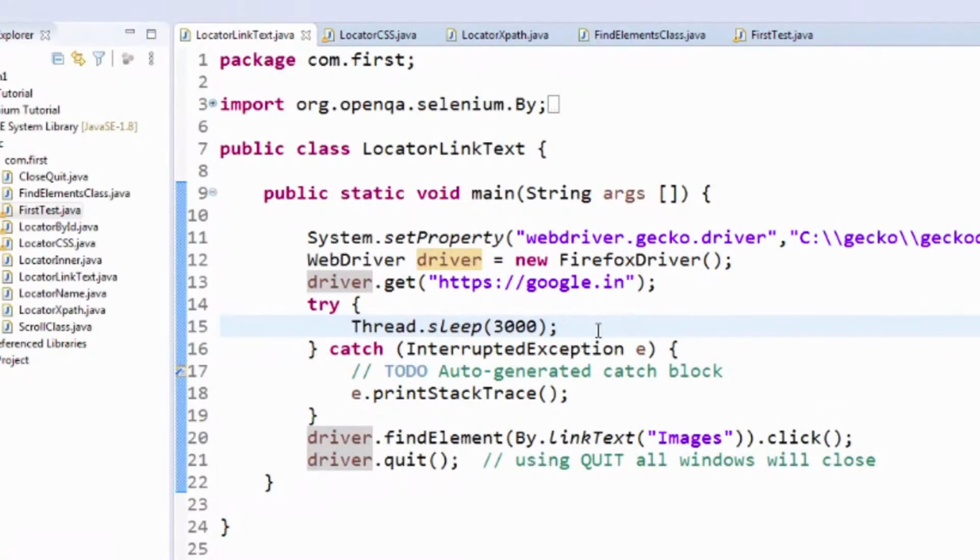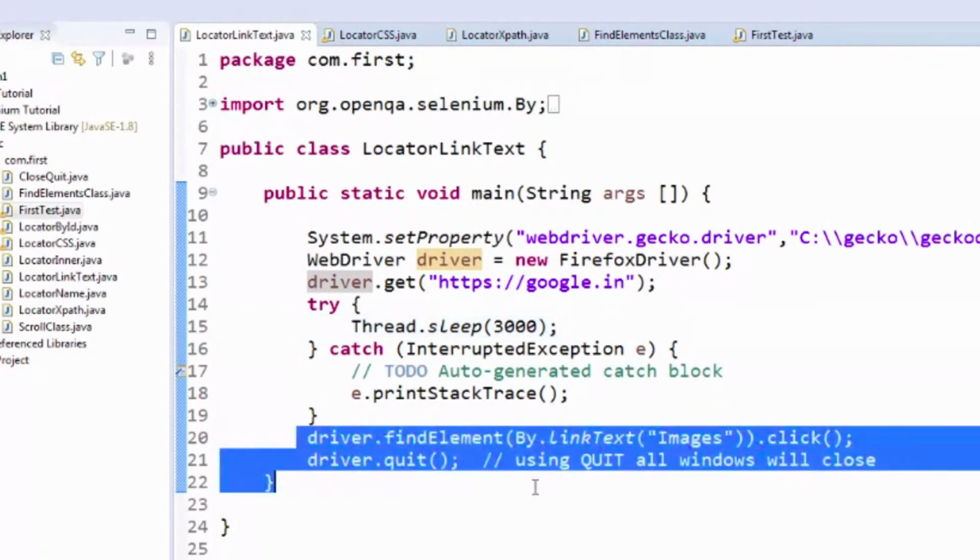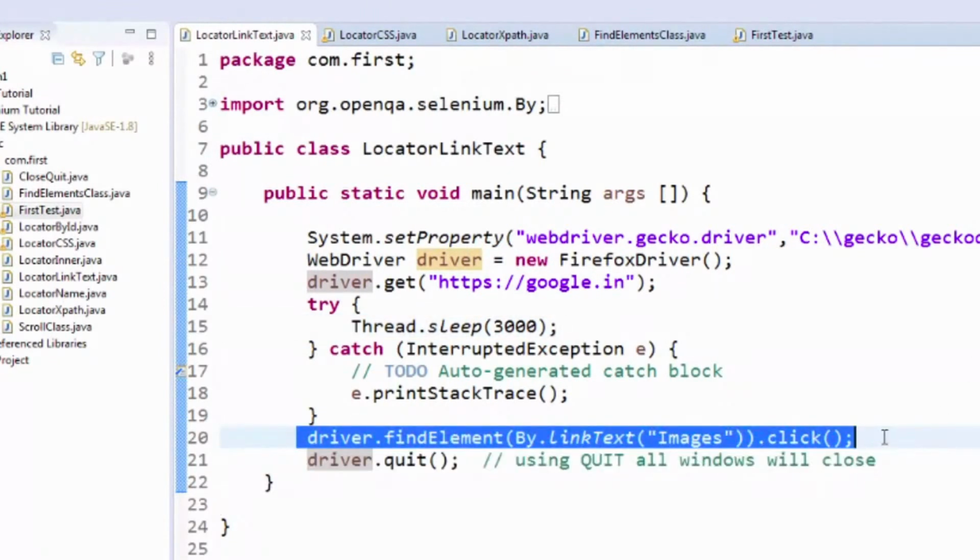Why have I used this Thread.sleep? Because if your internet connection is slow and a web page is taking some time to load, and execution is happening sequentially, then, say the driver has tried to open google.com and due to the slow connection it is still loading, and at that moment the next line is executed. In that case we will get the same error that we saw in our previous Facebook login test case, that it is not able to locate or find the element.